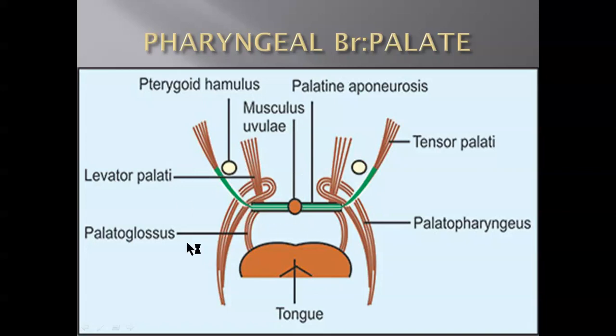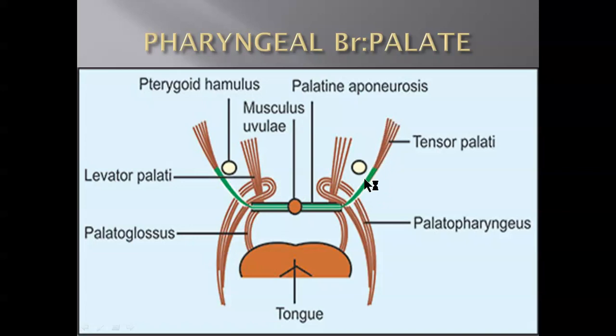All these two nerves innervate all these five muscles. The only exception over here is the tensor palatini muscle. Now, the tensor palatini muscle is innervated by the mandibular branch of the trigeminal nerve, that is V3, we can say. So the mandibular nerve is innervating the tensor palatini. The rest four muscles are innervated by the cranial root of the accessory nerve, or we can say the vagus nerve. Now the role of these muscles is,